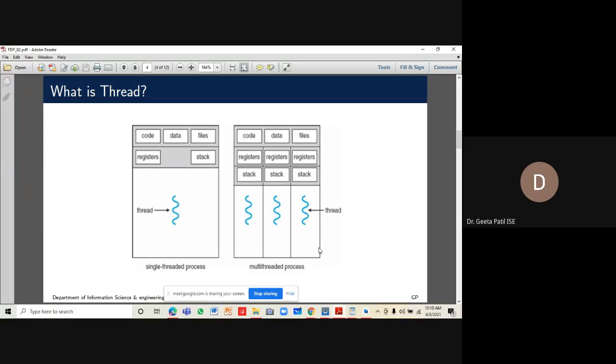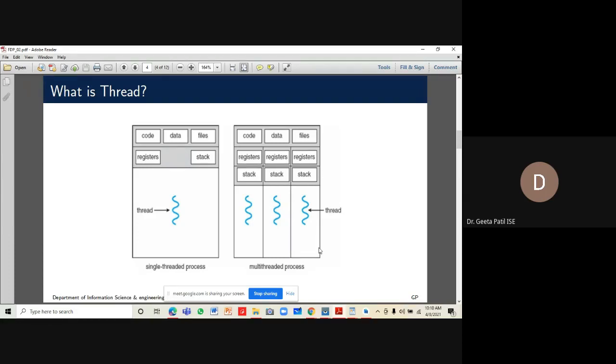Now, let's look at Microsoft Word. When you open a file from the hard disk, Microsoft Word has got code to open the file and to communicate with the file open activity.